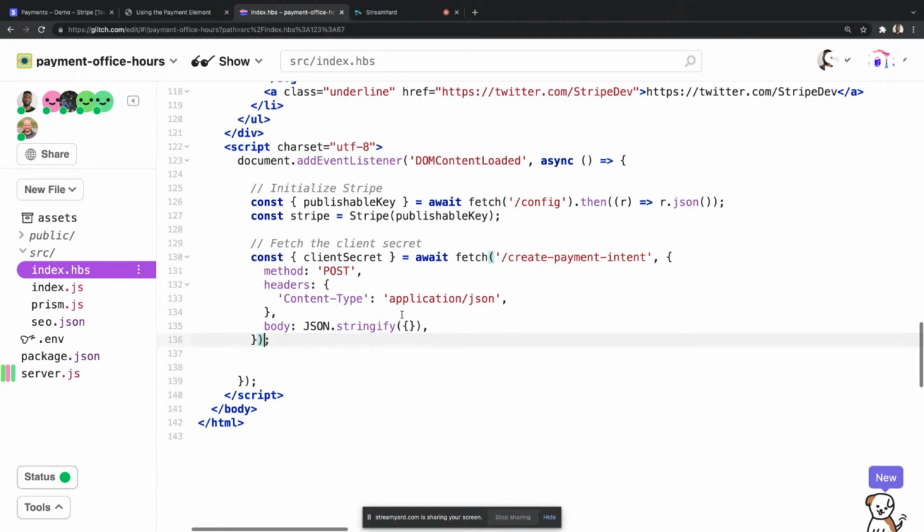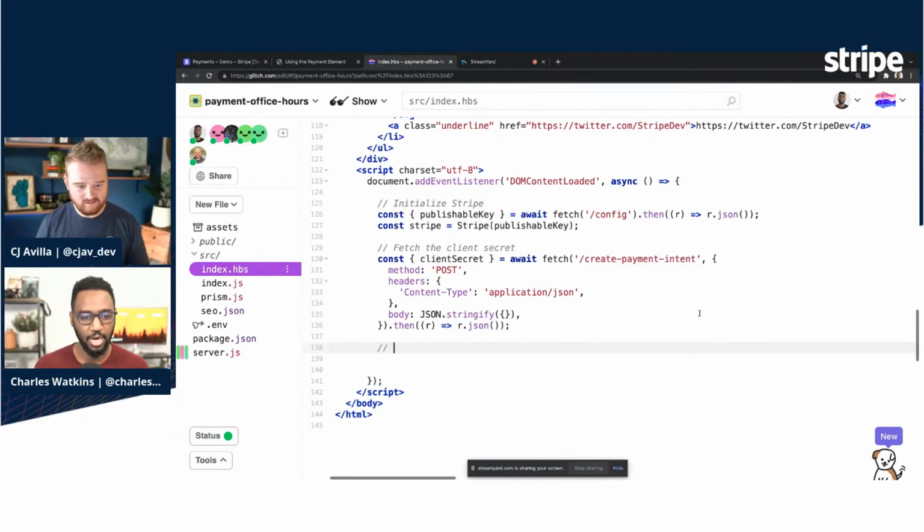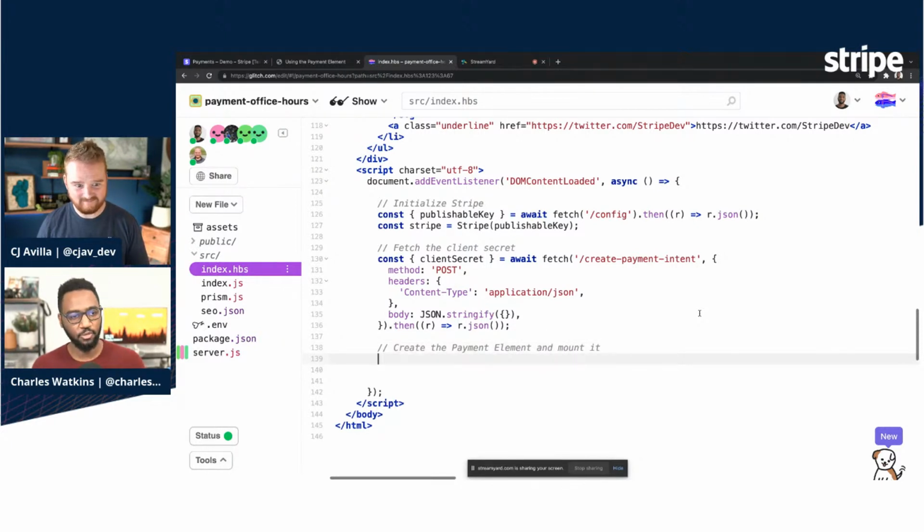Now, once we get our response, we're going to do the same thing we did above, which is we're going to take the response, turn it into JSON, and grab the client secret. Right. So now we can create the payment element and mount it, right? That's right. So the first thing you want to do is